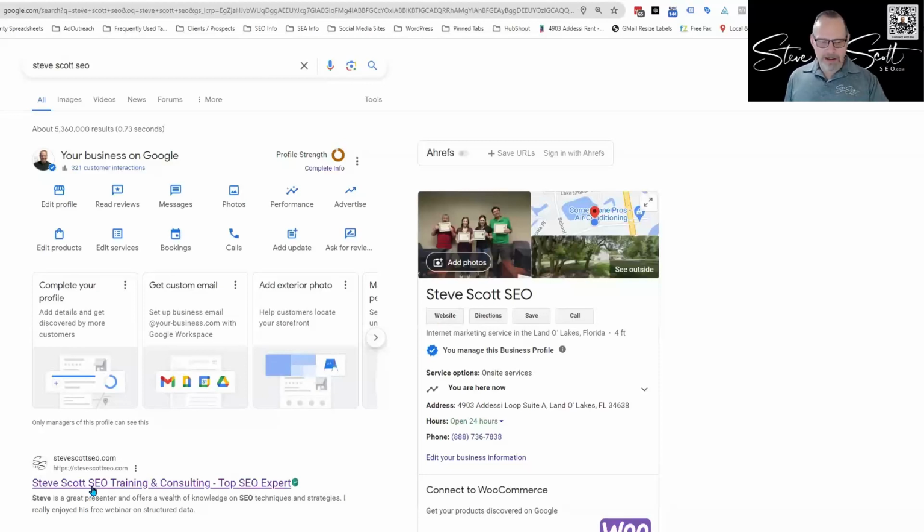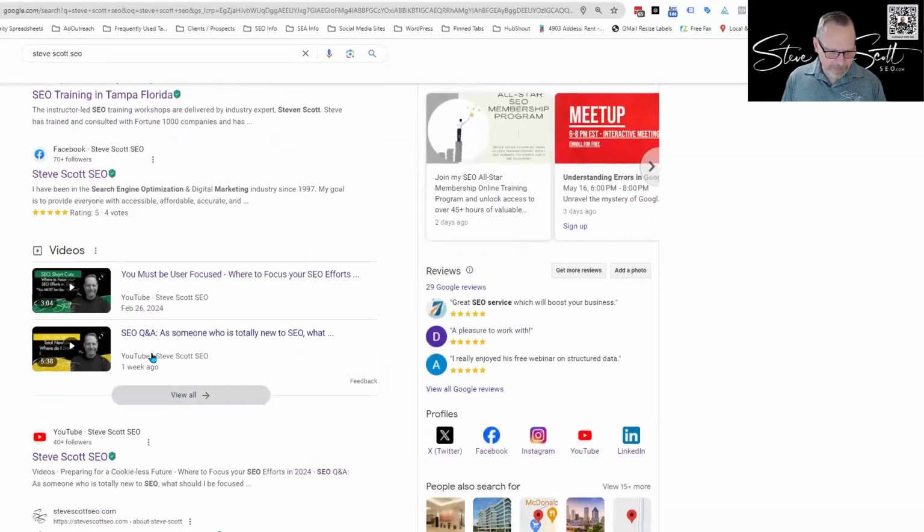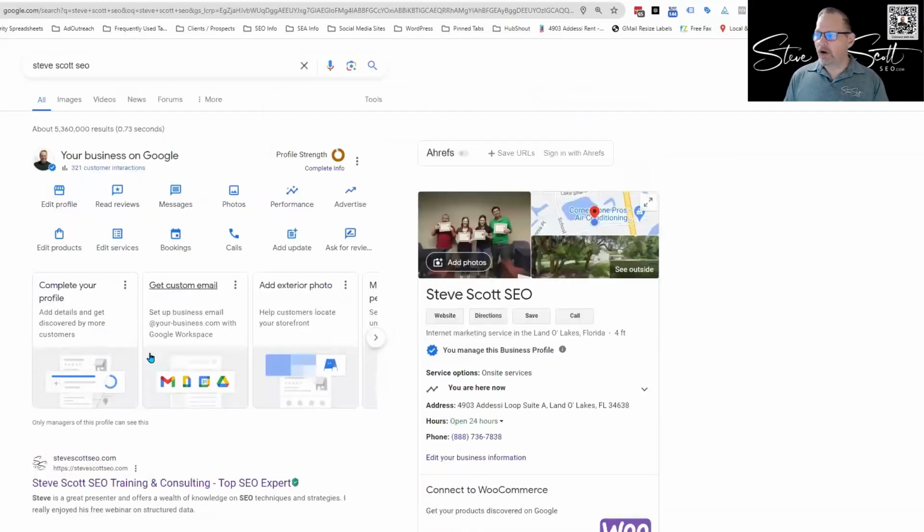When Google sends traffic my way, if I click on this without any link there, Google tracks it as source of Google, medium is organic. If I had an ad at the top, I don't know if there's any ads at the bottom here now. If there was an ad at the top, Google automatically has a source of Google and a medium of CPC. I can track that. If I put a link onto Facebook, same thing, I can track that.